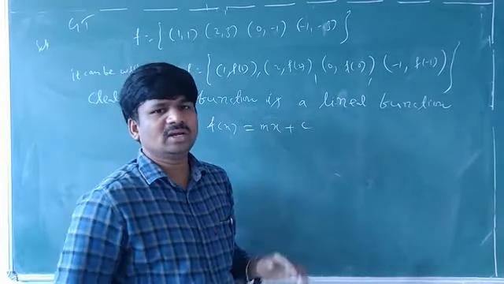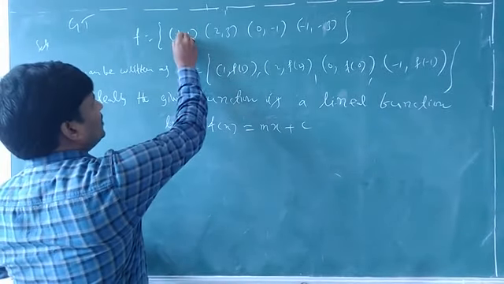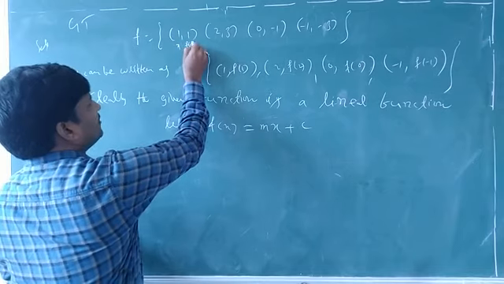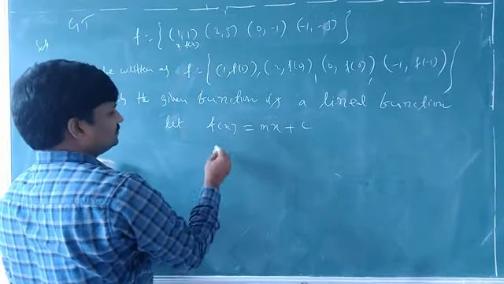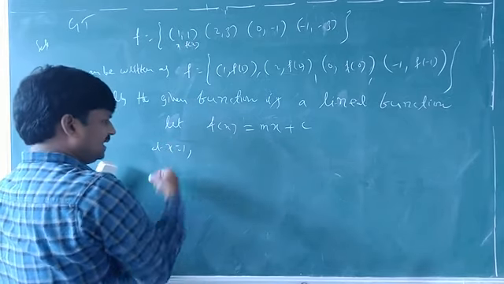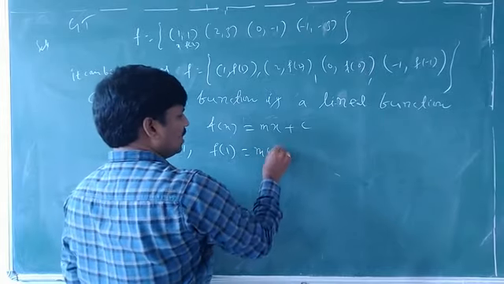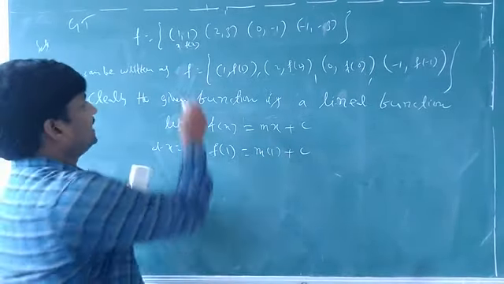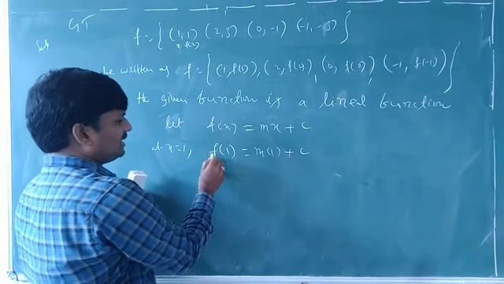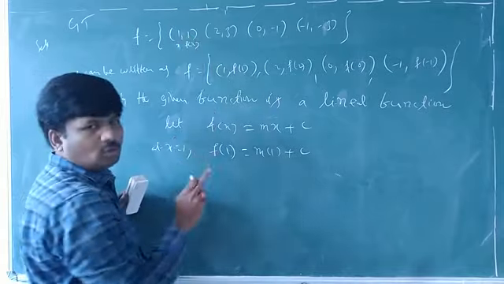So to find this m value and c value, what am I doing here? See here, the x value, what is that? It is f of x. Right? So see here, substitute the x value here. That x is equal to 1, f of 1 is equal to m into 1 plus c. At x equal to 1 means this value. But f of 1 value, what is that? F of 1 value is 1 only.